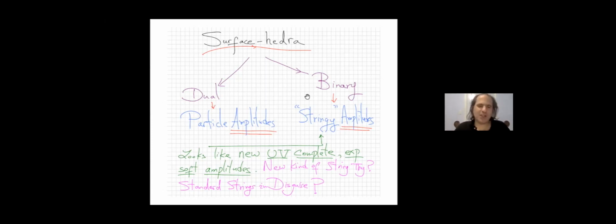One of them is very much related to the picture that we've been talking about for many years of the dual amplituhedron, this mythical beast that I'll say a little bit more about. The other one is more closely related to stringy canonical forms and stringy amplitudes. And in putting this talk together about trace phi cube theory, I realize that there's really a lot of stuff here. I'm not going to be able to, in one talk, cover both of these things. So in this talk, I will talk mostly about these stringy amplitudes associated with the binary realization of Surfacehedra in the cases that they're available to us.